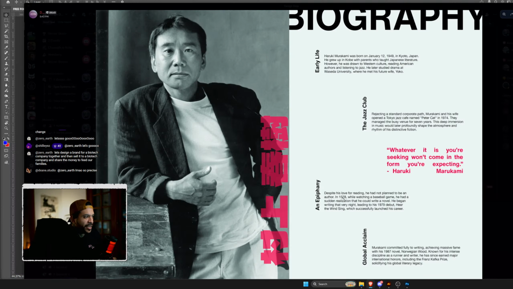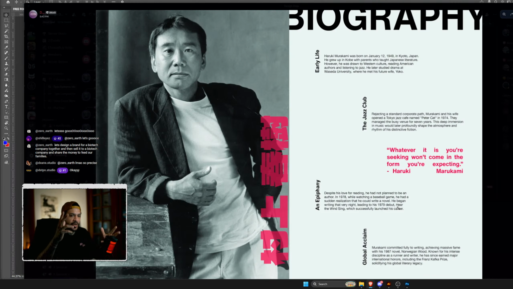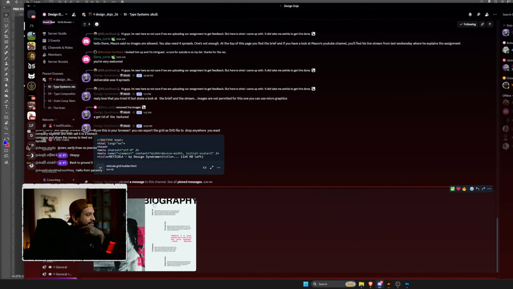But you know what I mean, my guy, with this one? Try to make up more hierarchy information. You have the information here, I can see it, like in 1978. Try to compartmentalize it a bit more so you get more information and design the information. Where are you gonna put the year, the date, the description of what's happening? Think about all of that. But yeah, it's a nice start.